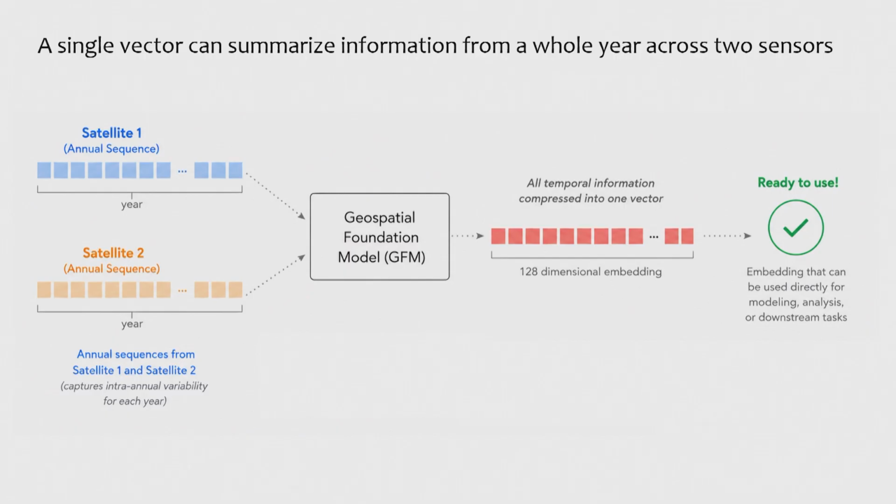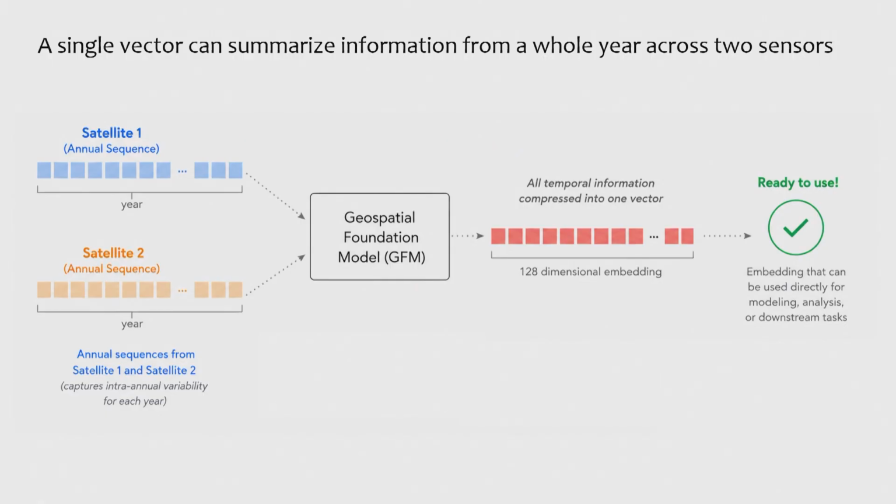But what this model is doing is taking data from two satellites, Sentinel-1 and Sentinel-2, produced by the European Space Agency, so optical and radar, and it's putting that data for a single year, all the data it's getting, through a foundation model. And what that's doing, in essence, is compressing that information into a new embedding representation, so a new AI format. So all that data is turning into a single vector of 128 dimensions.